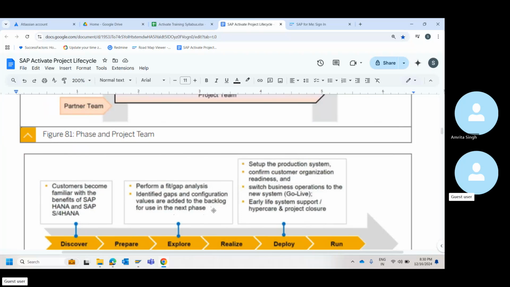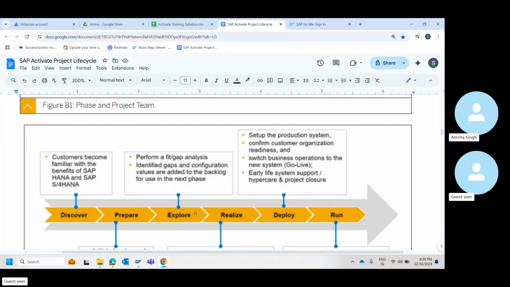You understand the roles and authorization, you will understand the customizations that are needed, you understand what the enterprise structure is, you understand what configuration needs to be done during the next phase, which is the realize phase. This is when you touch the system, basically, in relation to the customer. Up until now, you still have a system, but that is the standard system given by SAP. It's not specific to a customer.